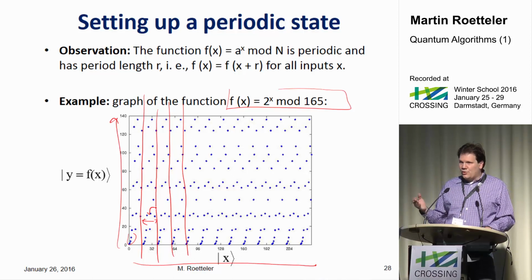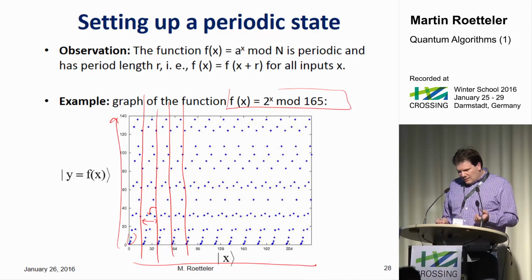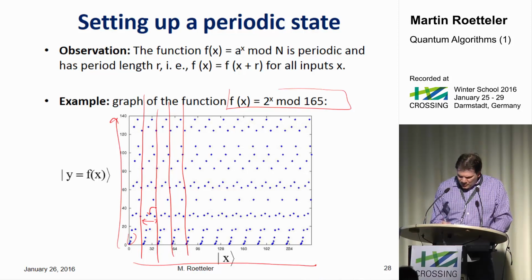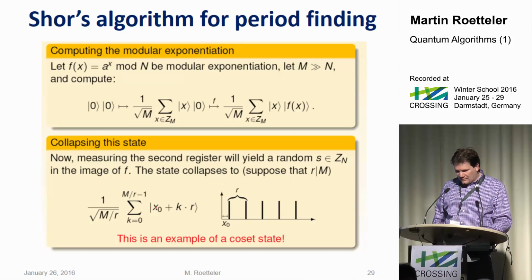It turns out you cannot just measure the state. It will not reveal any information at all about the period. If you were just to create that state and measure it, one can prove there's no information. And the issue is that you don't really know the offset. If you measure, you will collapse it. It will look periodic, but it will have an offset that is annoying.